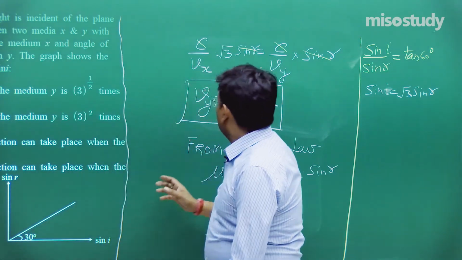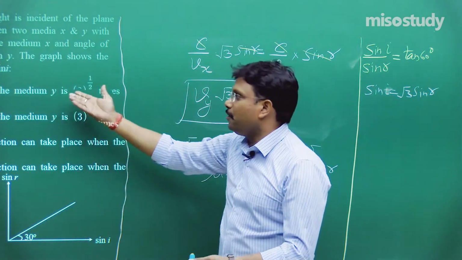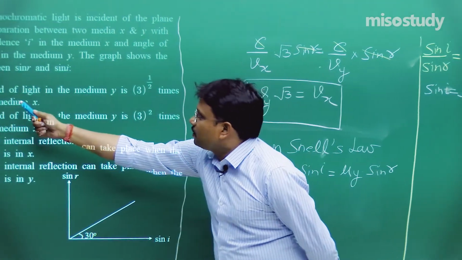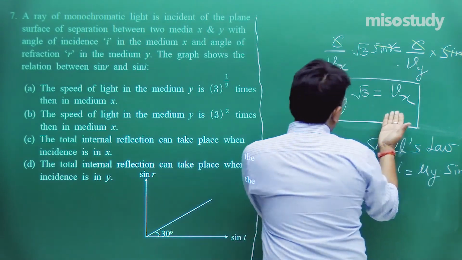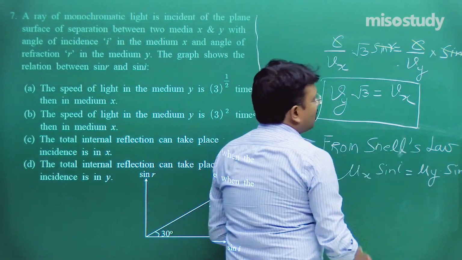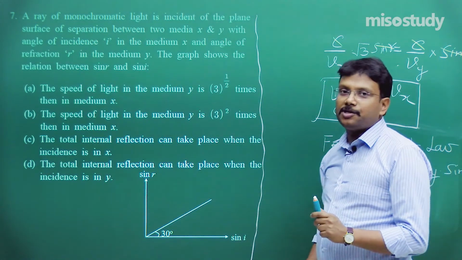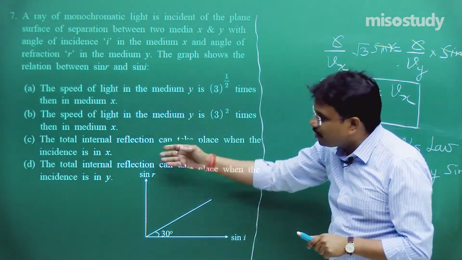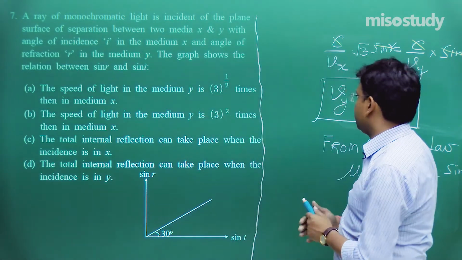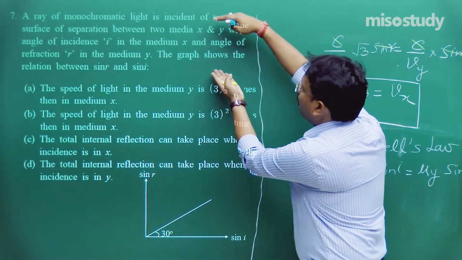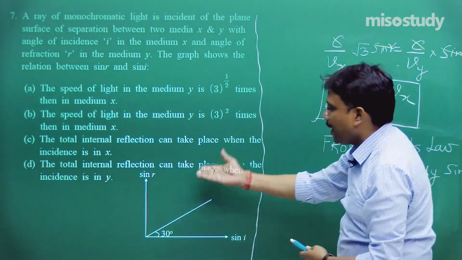Now this is the result, these are the values. I think now everything is crystal clear. Speed of light in the medium y, the result is in front of you. Fine. So whenever you have to attempt these type of questions, don't start reading options first. Let them enjoy their respective positions. First solve the question. Answer itself will come out and then you can match it.